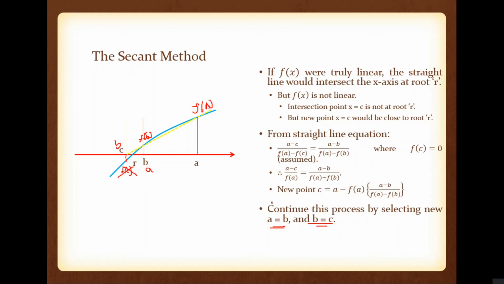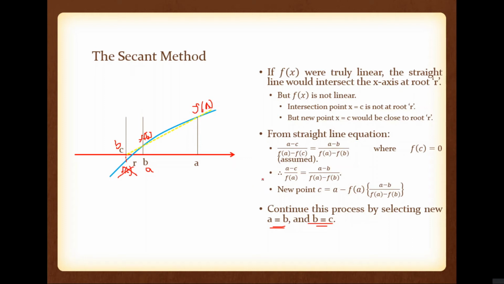But don't forget one thing, always magnitude of f of b must be less than magnitude of f of a. In the previous slide, I asked you to note that. Sorry, magnitude of f of a. If magnitude of f of a is less than magnitude of f of b, please swap a and b. Okay. So through the problem we can learn all these things.